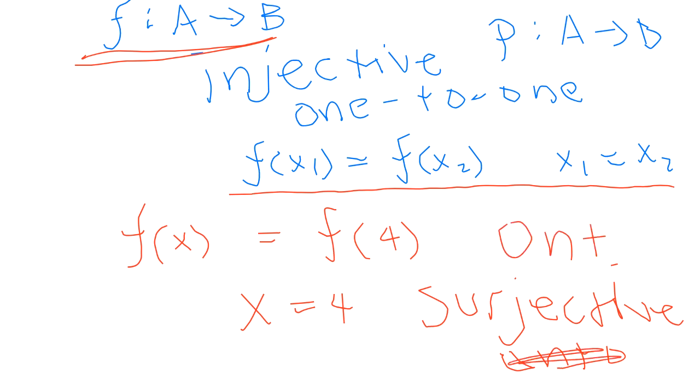It's said to be surjective or onto if f of A equals B. The function f is said to be surjective if f of A equals B. So that means that